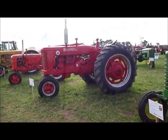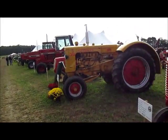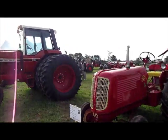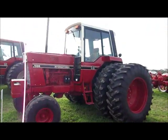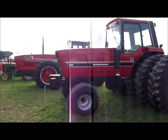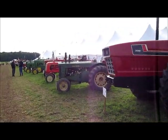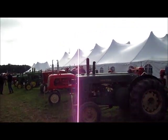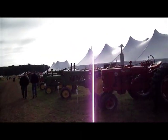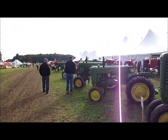John Deere M, Super M, BAC, MMU, little Cockshutt 60. Gee, that's a new tractor there, 1586 International, 5088, 3588, AR John Deere. There's a Cockshutt 20 beside the AR, Super M, John Deere A, John Deere M, John Deere 40,